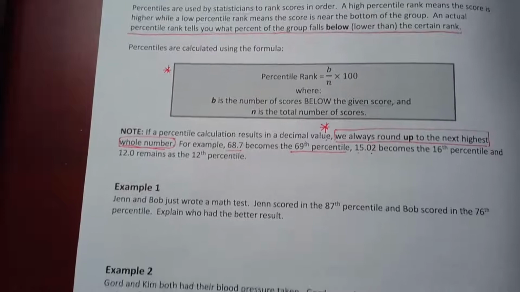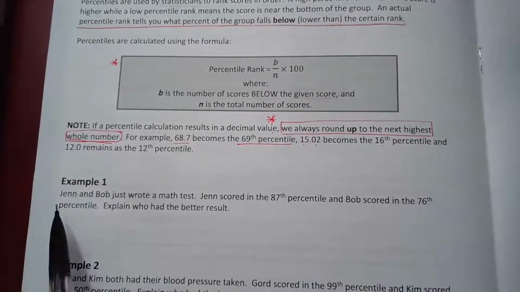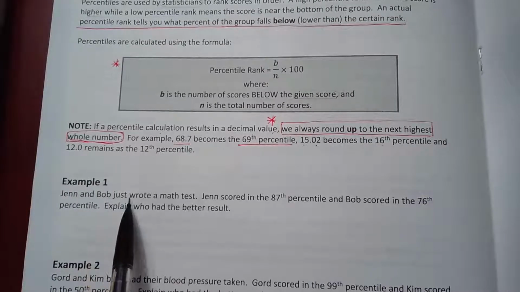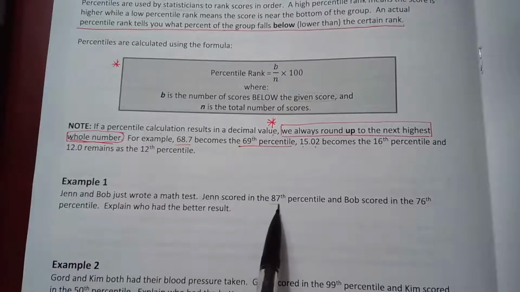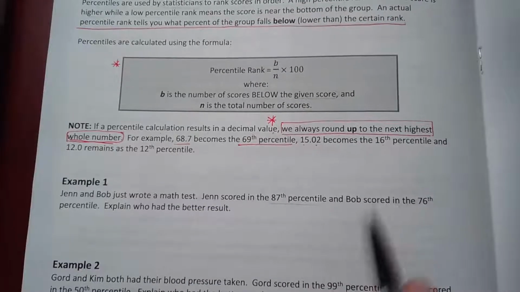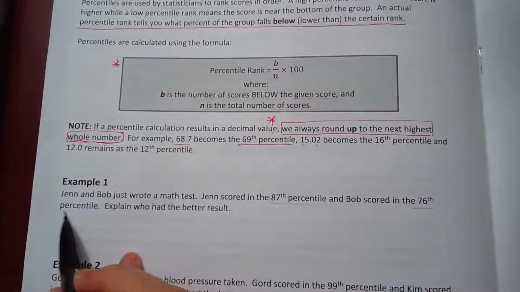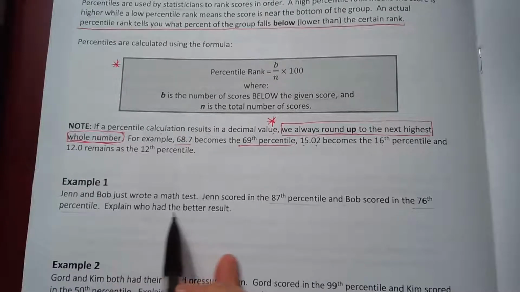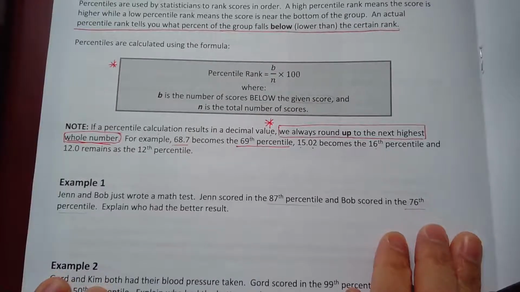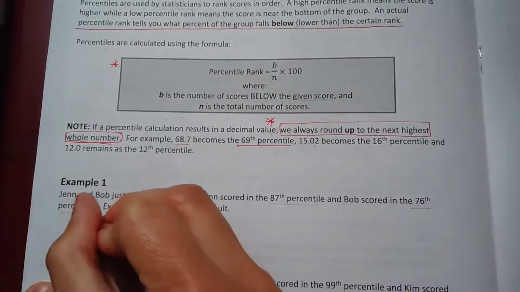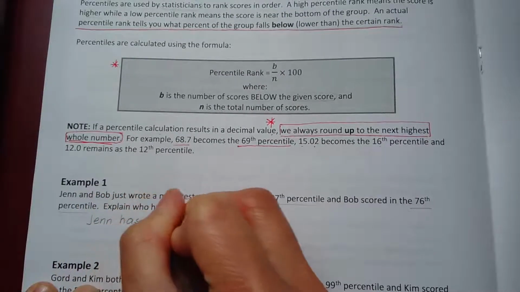Now, let's take a look at the example. Jen and Bob just wrote the math test. Jen scored in the 87th percentile, and Bob scored in the 76th percentile. Explain who had a better result. In this case, Jen has a better result